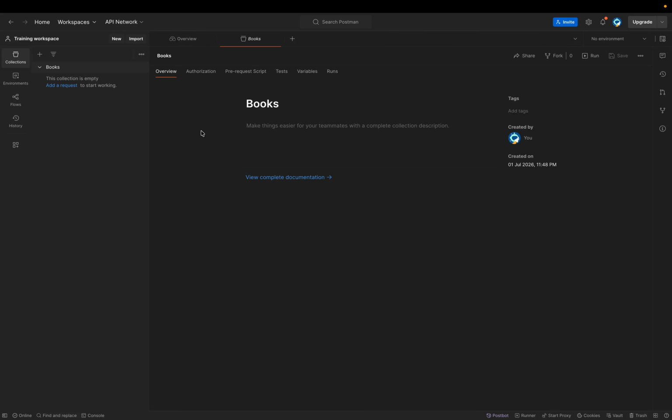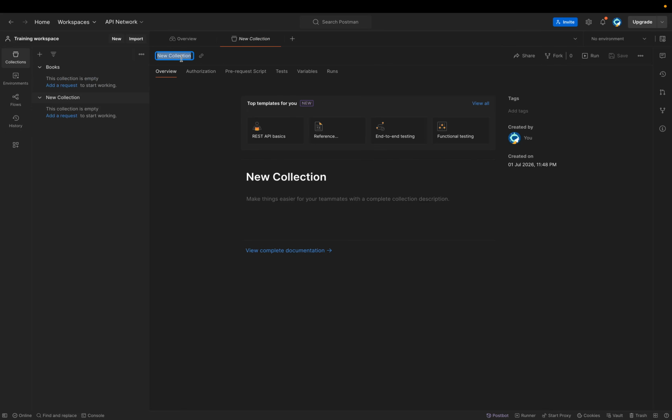So for that books, you can add books, remove books, and see the list of books what you have in your library. And another collection could be